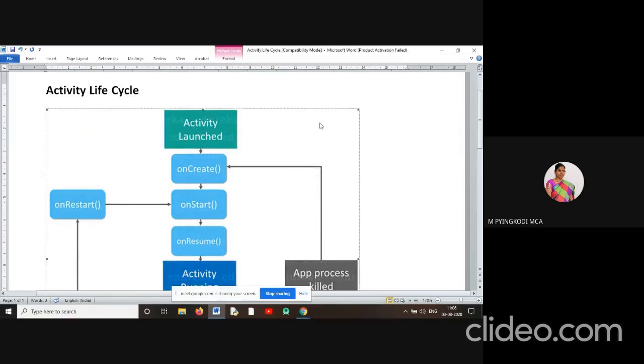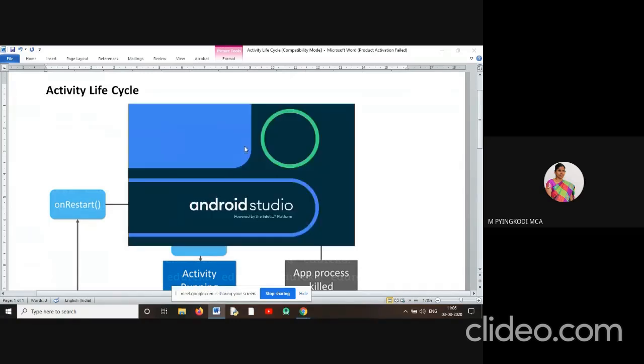While the Android application is running and the activity is launched, it will give a message in the logcat in Android Studio: our application is launched successfully. Whenever an activity starts, these 7 methods take